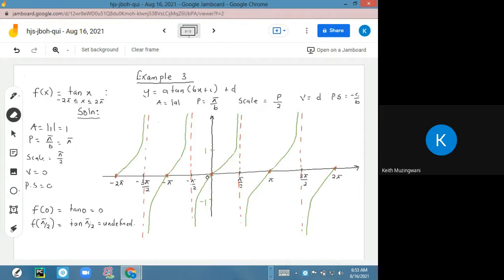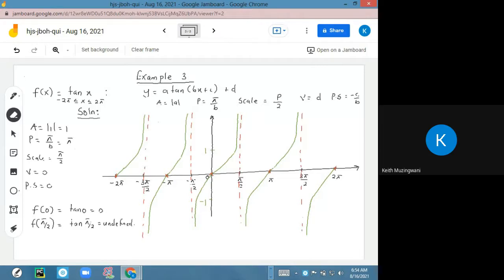That's how you sketch tan. The difference between tan and cot is, so we have two differences. One, the shape of positive tan is the shape of negative cot. The shape of positive cot is the shape of negative tan. That's the first difference. Second one, the zeros